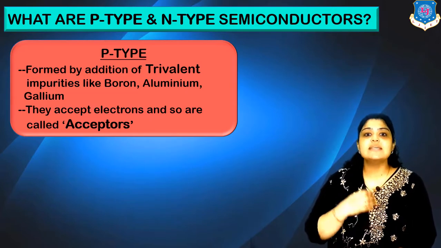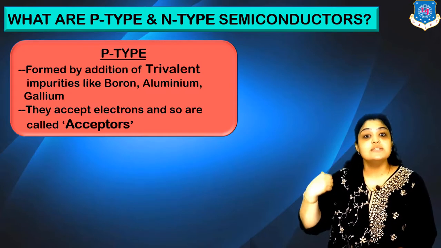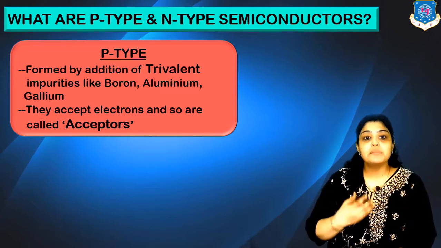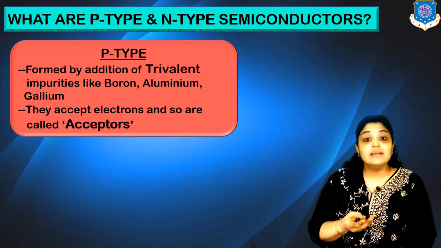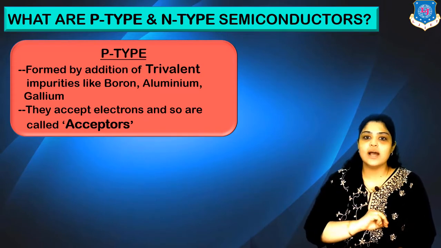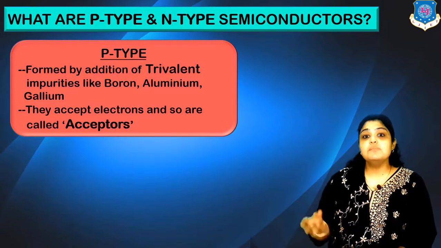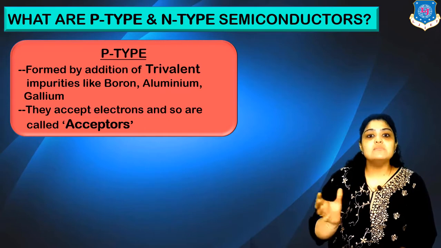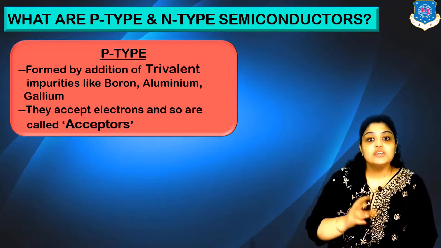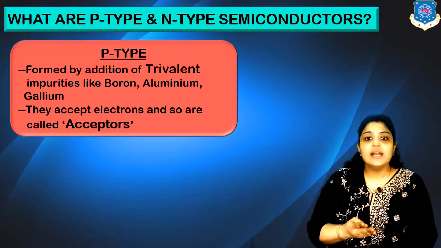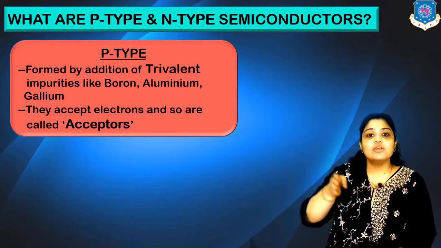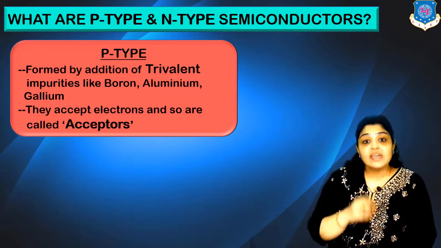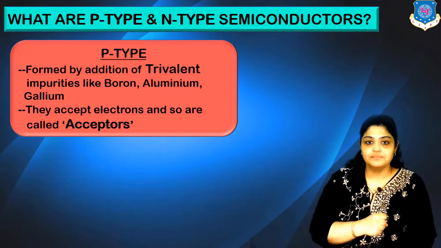And these impurities can be of two categories. The first one is known as the trivalent impurity. Some examples of trivalent impurities are boron, aluminium, gallium. What do you mean by trivalent? These impurities have 3 electrons in the outermost orbit. Now if I add such an impurity to a semiconductor, say for example silicon. Now I know that silicon atoms are joined by covalent bonds, sharing of electrons. Silicon has 4 electrons in the outermost orbit and 3 electrons of the impurity atom. So still one space is left, one vacancy is left, which is termed as a hole.